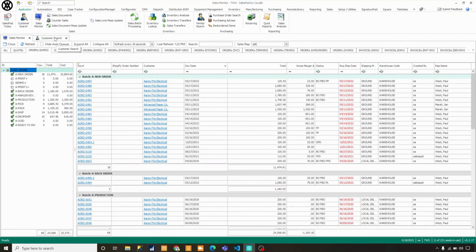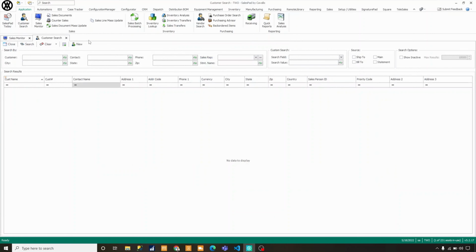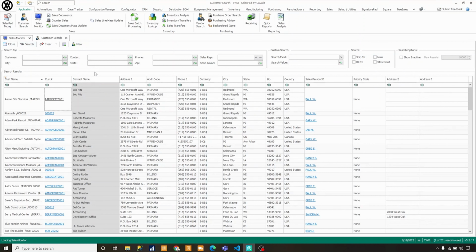I would like to start and look up a customer on our customer search screen so that we can go ahead and identify how SalesPad looks at a customer, how it sees a customer compared to Dynamics GP, and what value adds we bring to the table. The first thing I'd like to go ahead and do is populate my wide open customer search. As you'll see here, this is pulling in every customer in my Dynamics GP database from all of those existing